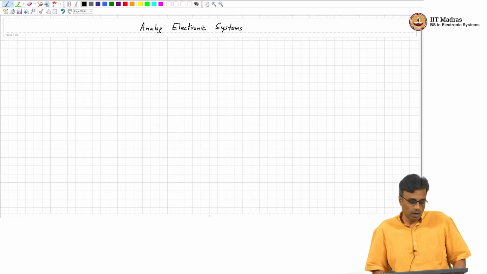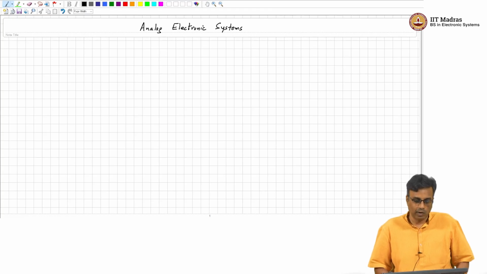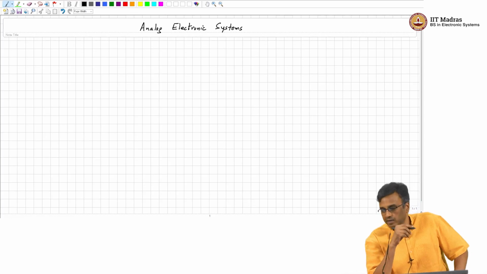All right, good afternoon and welcome back to Analog Electronic Systems. In the last class, we looked at examples of first order low pass and high pass filters and saw how we could realize them using passive elements that you are very familiar with. And we also saw how you can realize them with op amps. The advantage with an op amp being that